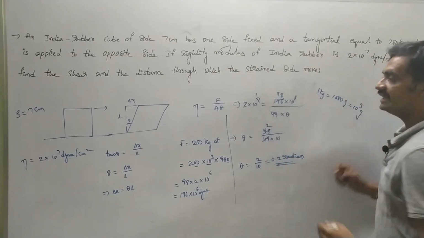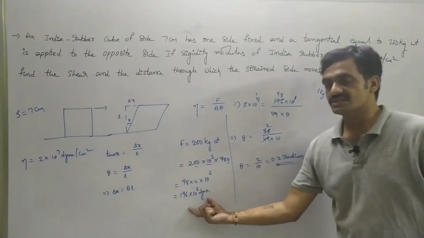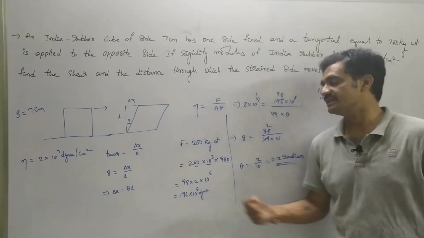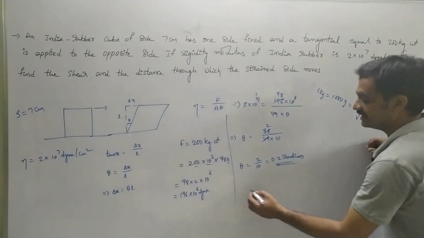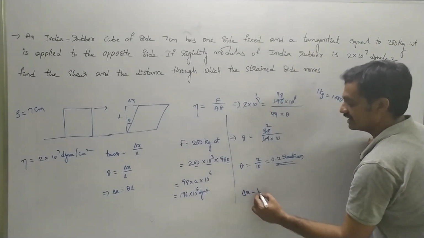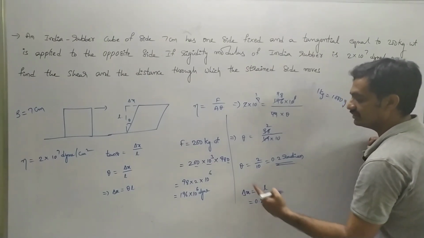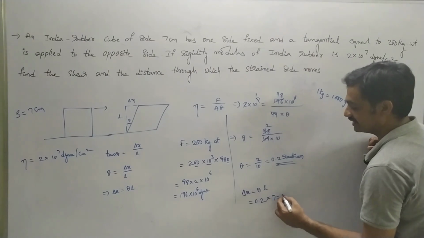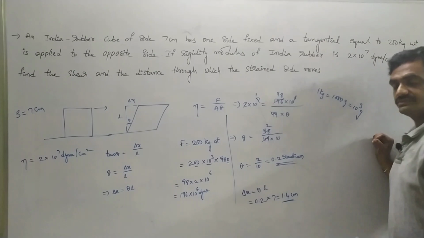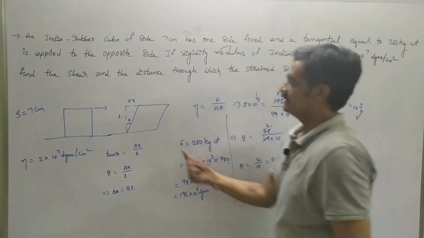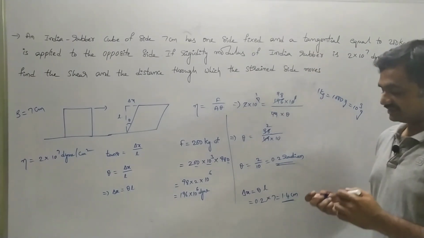So this is the angle made by the cube by applying a force of F equal to 196 into 10 to the power of 6 dynes. Now here we have to find the extension, where delta x is equal to theta into L, where the value of theta is 0.2 and L is 7. Then we can represent it as 1.4 centimeters. The extension in the length is 1.4 centimeter. Take a screenshot, we will continue.